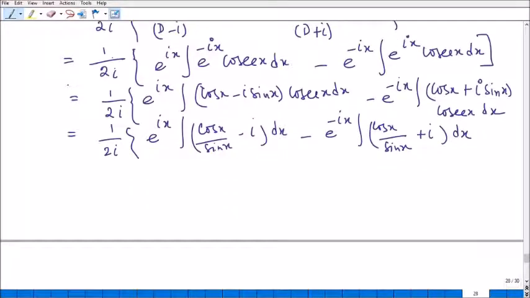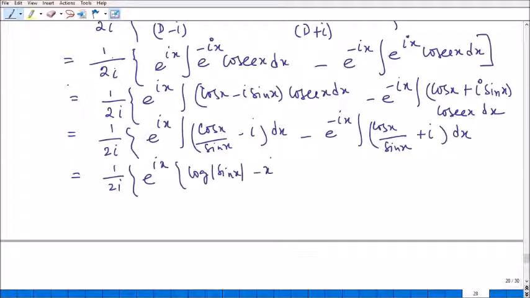We know the integration of cos x by sin x is log of sin x, and the integration of 1 dx is simply x. So we can write 1 by 2i, e to the power ix times log of sin x minus ix,